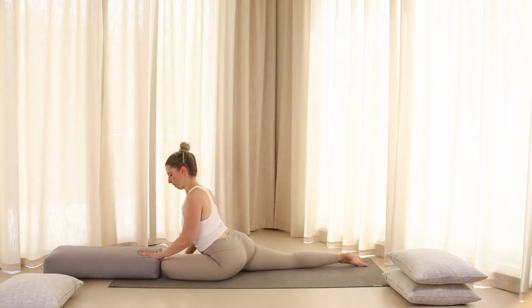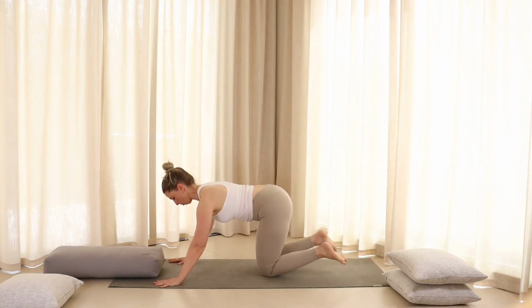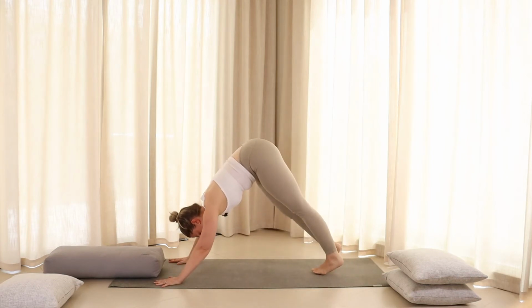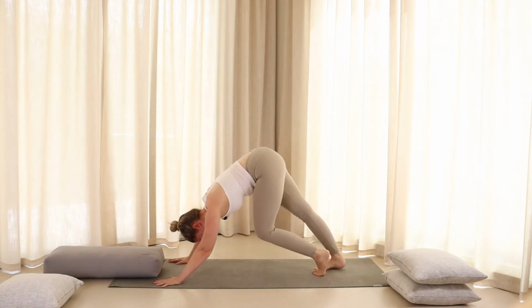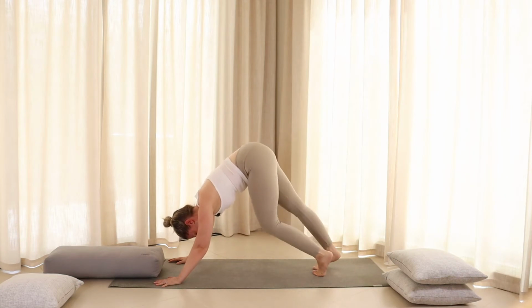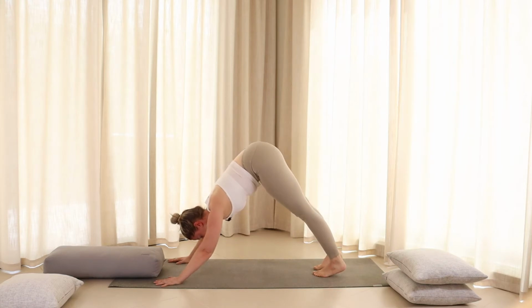Good. Place the hands out to either side of the mat and return yourself to all fours. Now tuck your toes and lift your hips gently up into your downward facing dog. Just slightly walking, gently pedaling the feet. Coming into that place of stillness now with both legs straight, feeling like your heels are gently releasing to the